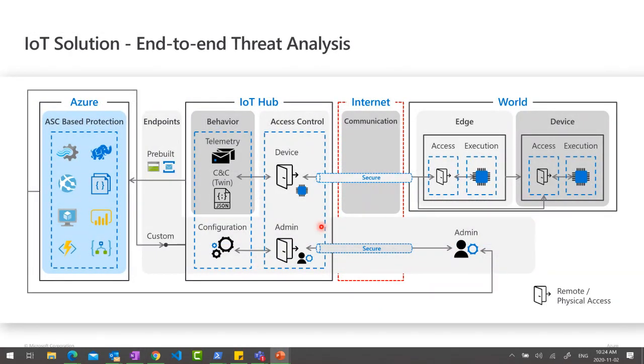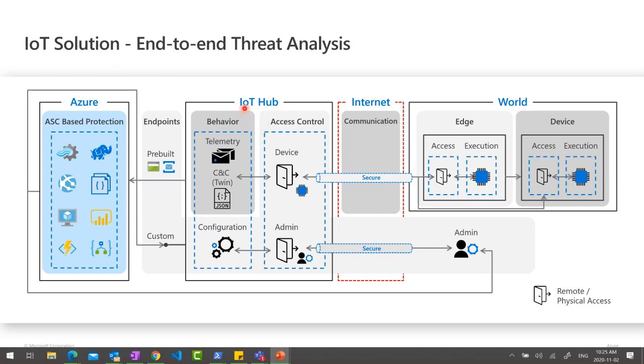So this is the end-to-end. This diagram essentially represents an IoT solution built around the hub. If you think of it, the hub itself is a very sophisticated service. If you didn't configure it correctly, or if you didn't monitor it correctly, then it can be hacked very easily. And along with protecting the IoT hub itself, it's just not enough to protect the IoT hub itself,